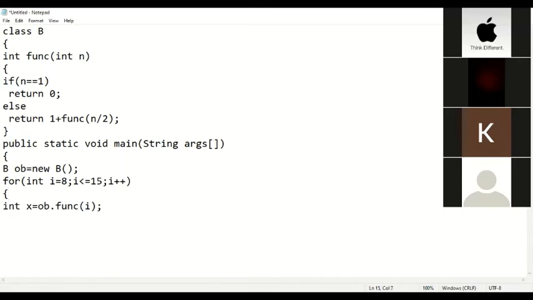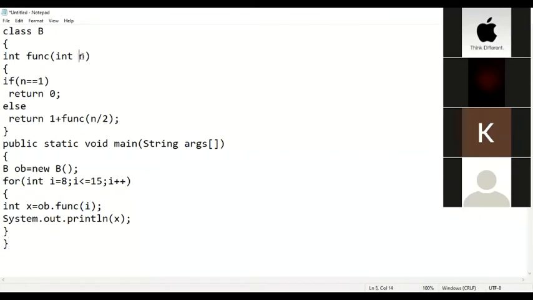So I am taking here int x equals to like this. And then system dot out dot println x will be printed in separate lines. Have you read the question? What will be the output of func when the value of n varies from 8 to 15, both inclusive?